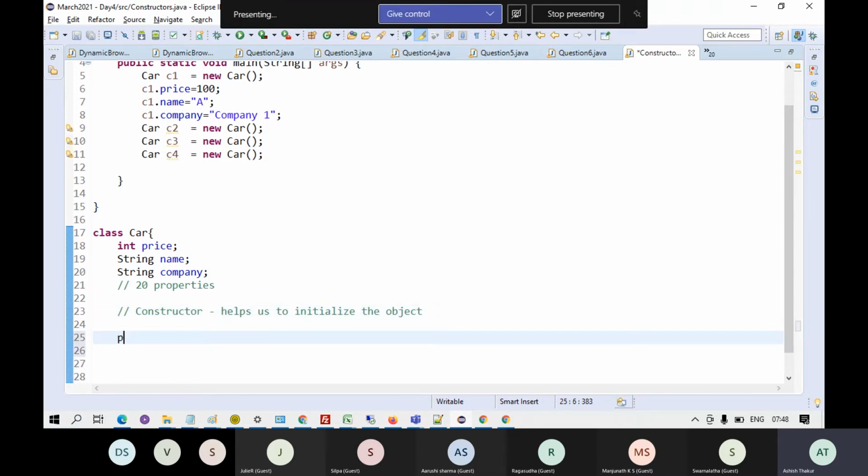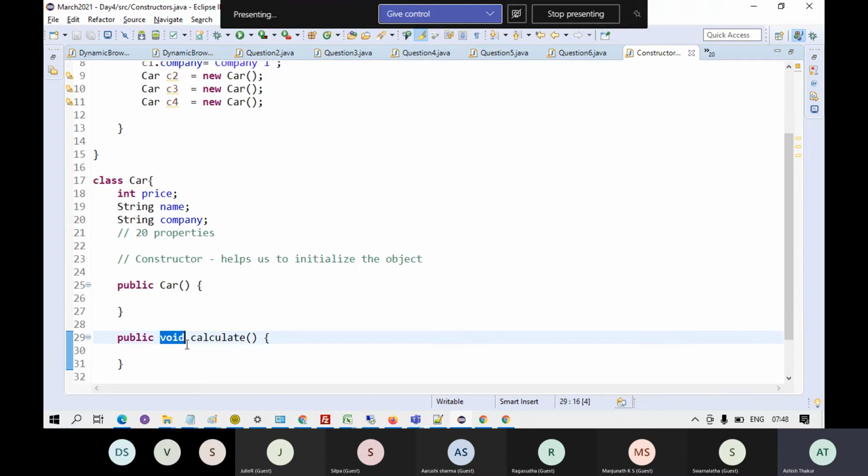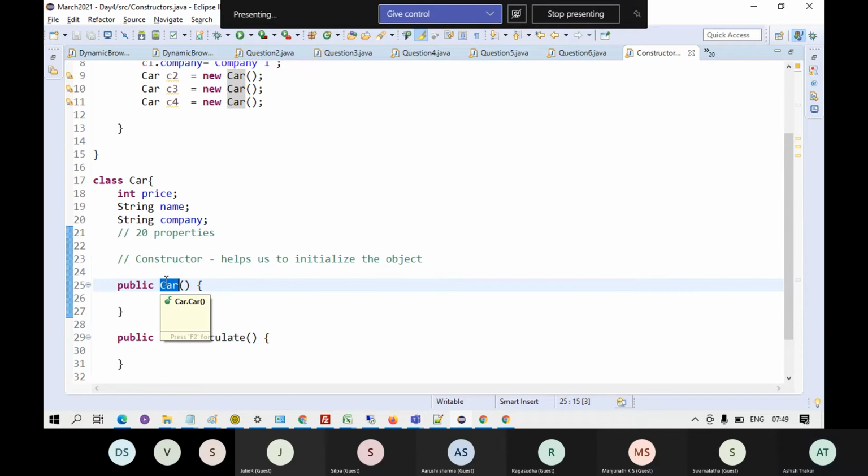First of all, you have a constructor known as default constructor. This is the default constructor. The name of the constructor should be same as the name of the class. This is the first rule. The second rule for making a constructor is that there should be no return type. If I make a function public void calculate, then generally a function in a class has a return type, like void means nothing, int means it will return an integer, right? So if I make the car class constructor, then the constructor has got no return type.